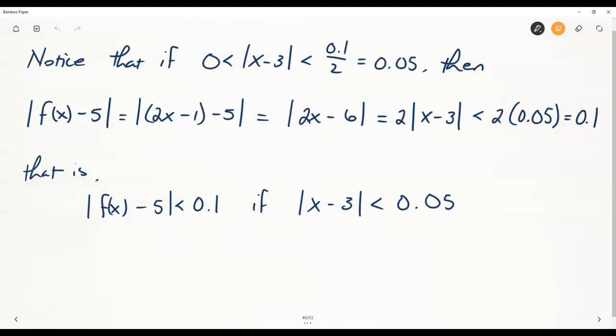Well, let's suppose for now that we chose delta equal to 0.05. Where did this number come from? Don't worry about it for now. Just watch what happens if we let delta be this value. If delta is equal to 0.05,